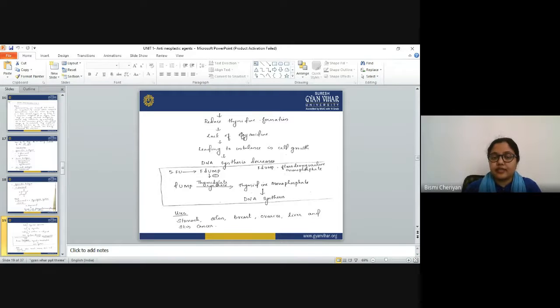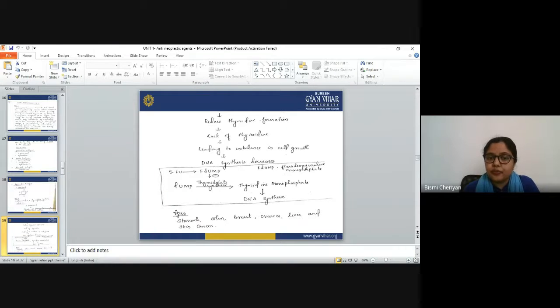Okay, this 5-fluorouracil transfers its fluoride group into this normal metabolite that is present in our body and decreases the thymidylate synthetase enzyme, and this enzyme is necessary for thymidine monophosphate synthesis. When the synthesis of thymidine monophosphate decreases, at that time the DNA synthesis also decreases. So the normal mechanism of action of 5-fluorouracil is this.